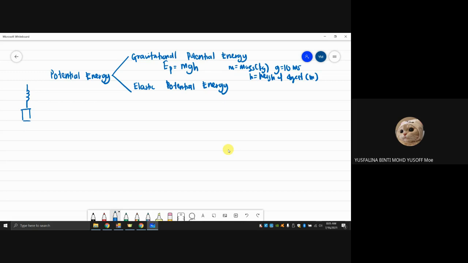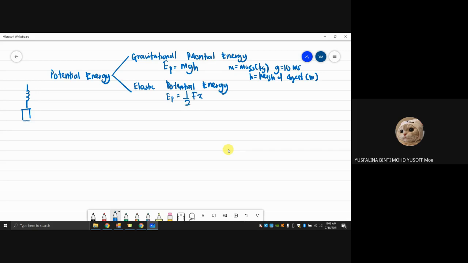All right, so any object that can return to its original position after the force is removed, we call it elastic. It has the elastic characteristic. And the elastic potential energy is when you put the load on the spring and the spring is stretched. At that moment we say the spring has the elastic potential energy. Then the formula for the elastic potential energy is half